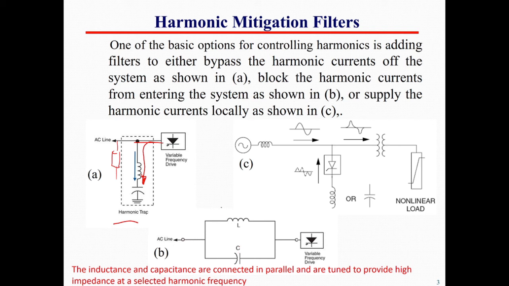So we have j omega L in parallel with minus j 1 over omega C. Now if we find the parallel combination of those at a resonance frequency, we're going to find that